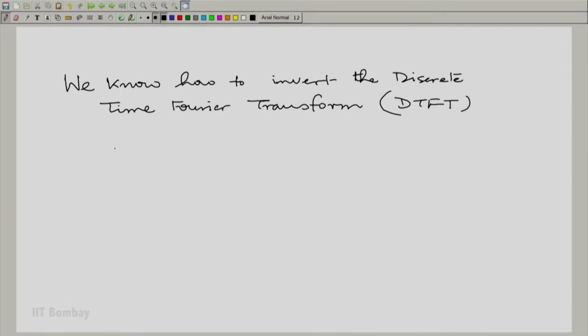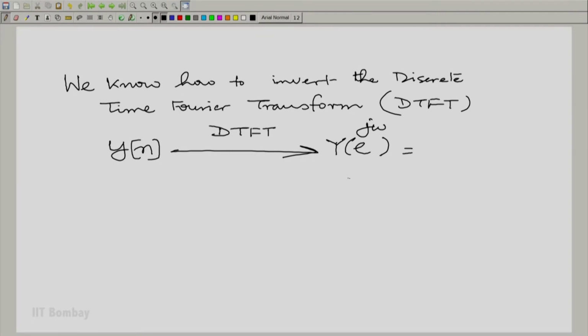If we had, for variety, a sequence y of n now, and we took its discrete time Fourier transform, which would be capital Y of e raised to the power j omega, given by the summation on all integer n of y of n e raised to the power minus j omega n,